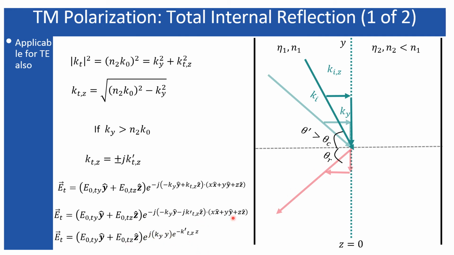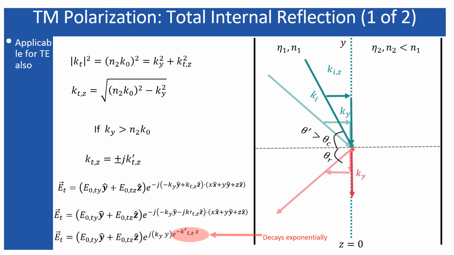y direction, but along the z direction it gets decayed. In medium 2, the transmitted wave gets decayed as it propagates. That means the propagation takes place along the y direction, although along the z direction it decays exponentially. So the total energy of the incident wave cannot propagate into medium 2 since the exponential term exists. So therefore, this is the k_y.